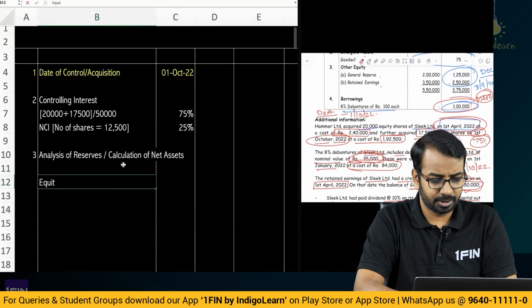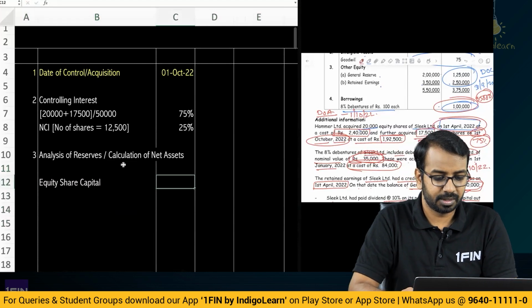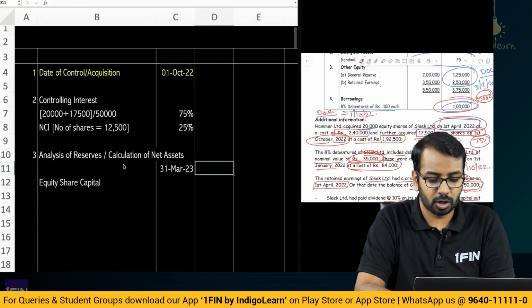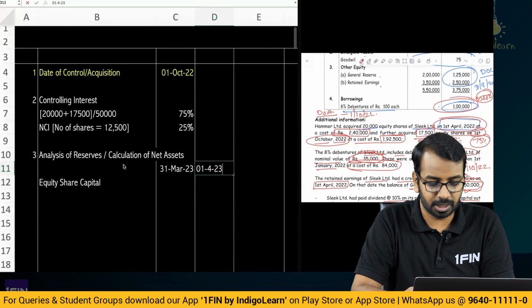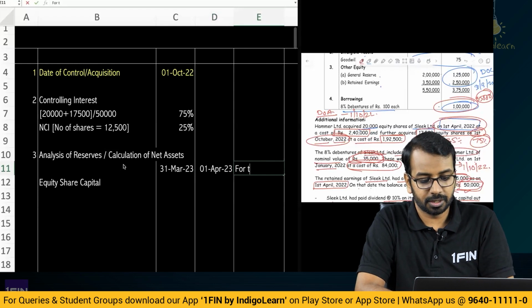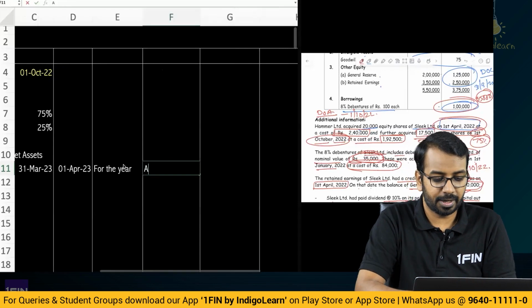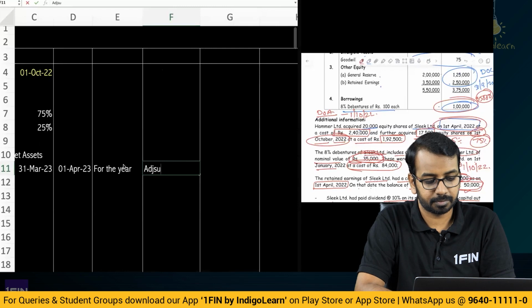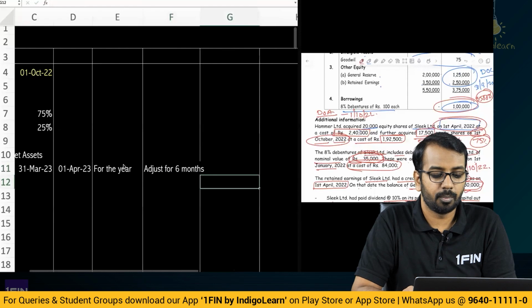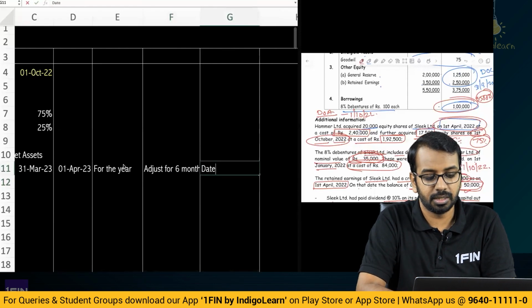So we have equity share capital. This number we have as on 31st of March of 23. We also have the number on 1st of April, and we need to see what is the movement for the year. Then we have to adjust this for 6 months. Okay, of course for share capital we will not have, but for others we will have, then we will get to know what is the date of acquisition